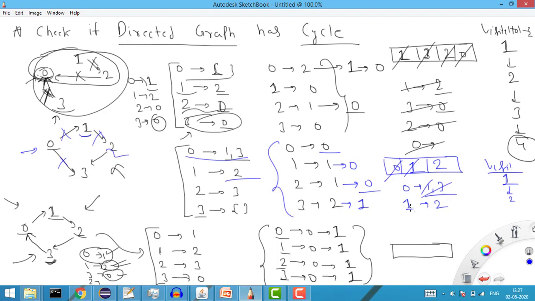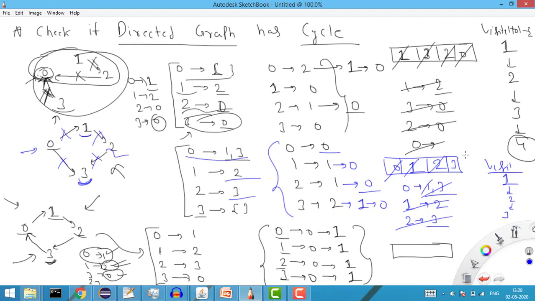Right? Now we are done. Now we'll remove this 2, so I'll increase the visited count by +1, here 3. Now for the 2, which are the neighbors? For the 2, this is the neighbor 3. So now I'm removing the edge 2 to 3, so reduce the incoming degree by -1, and it will be 0. So I will add it into the queue. Now we are done.